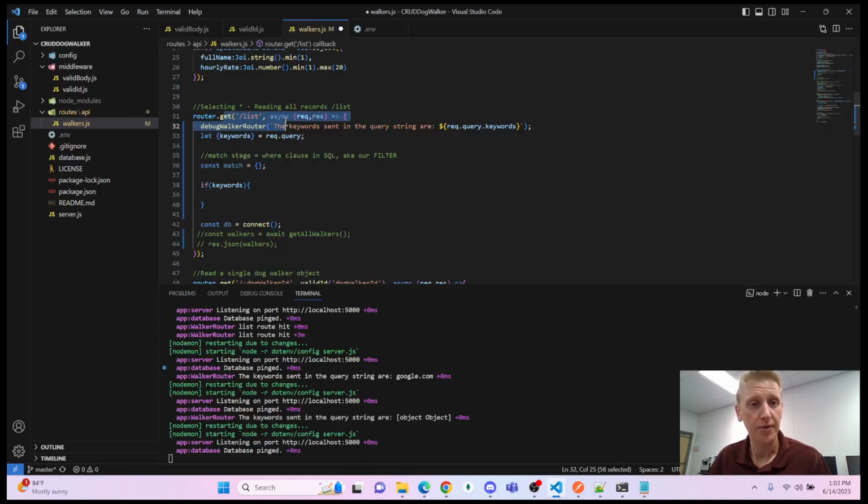Okay, now we're going to use Postman. We're going to send across some keywords. We're going to read those keywords from the query object. And if those keywords exist, well, by default, we don't filter anything. We have an empty match. If the keywords exist,